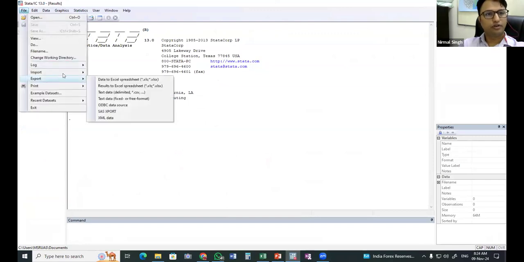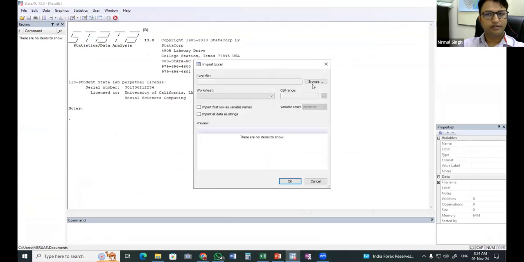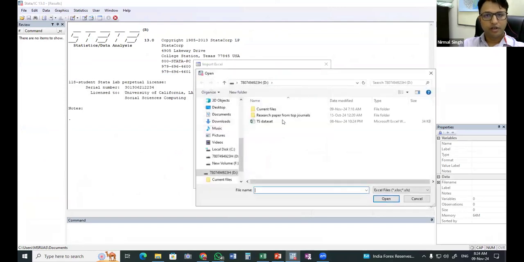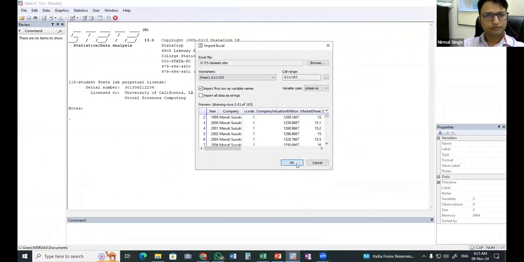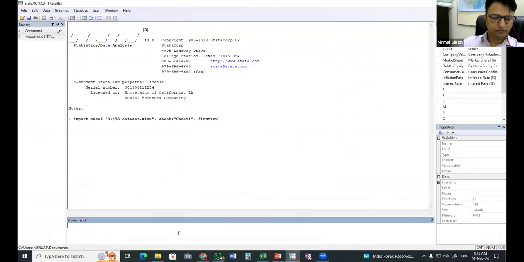I am going to import the Excel sheet, the same one showing this data set. I have uploaded the data into this tool. Now I want to see first how my data looks.